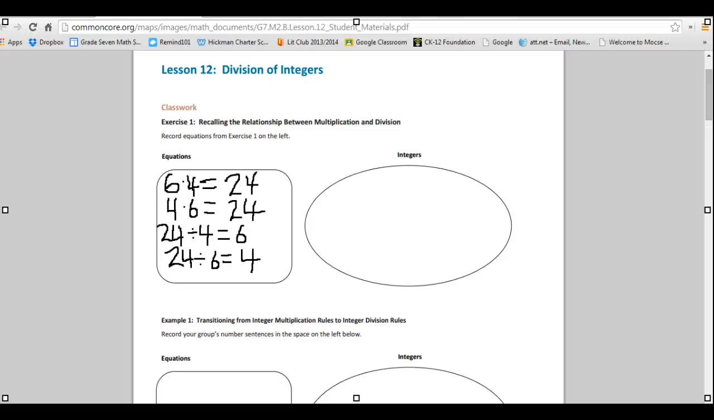Welcome to Lesson 12. This is Module 2, Lesson 12, Division of Integers. And the way this lesson would begin in a classroom would be for everyone as they walk into the class